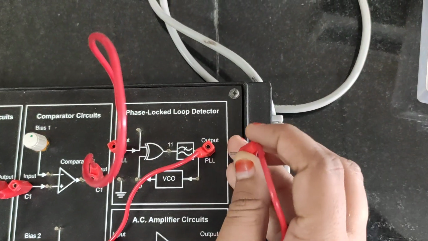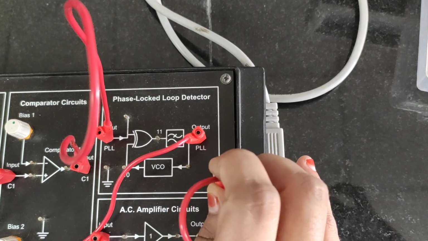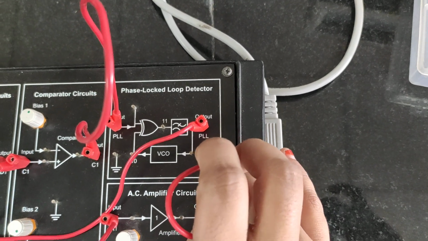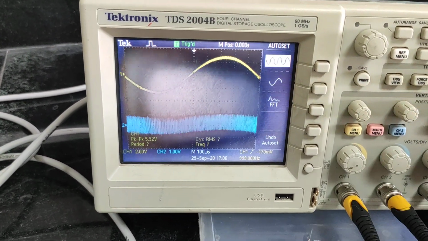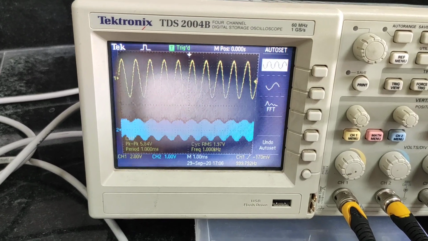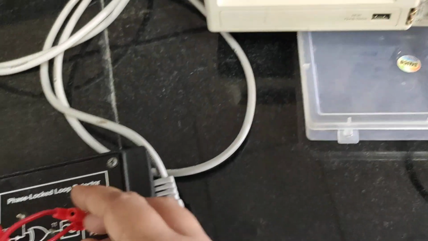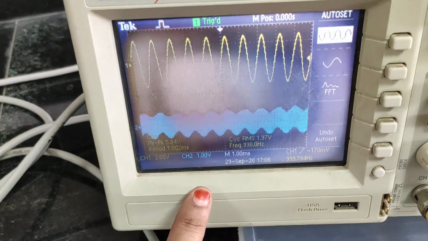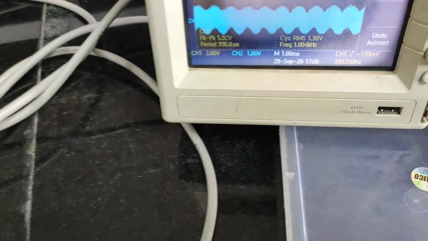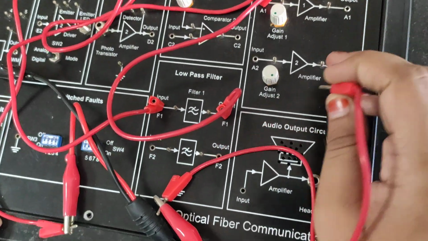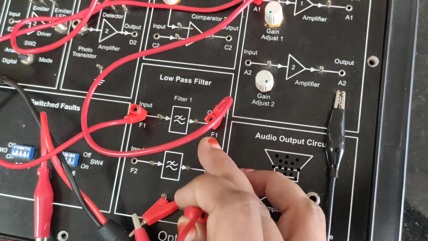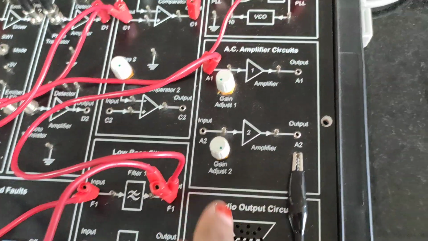Okay, then this train of pulses signal gets applied to the phase lock loop, and this train of pulses signal gets converted again into the sinusoidal waveform according to the phases. See, it is again converted into the sinusoidal waveform. Okay, now this sinusoidal waveform comprises some higher order frequency components also. So we need to remove those components. For that we will pass the phase lock loop output to the low pass filter, and we will observe the output at the low pass filter.